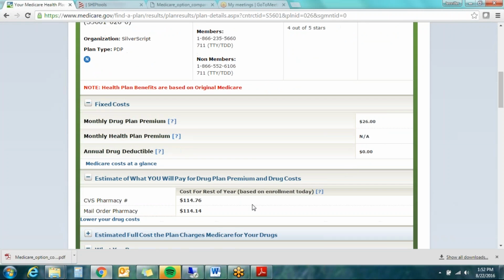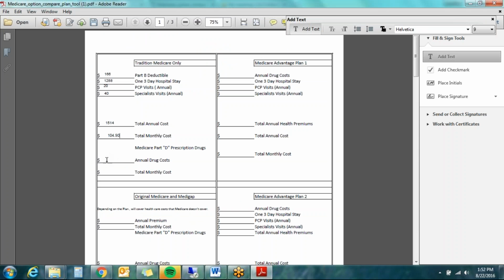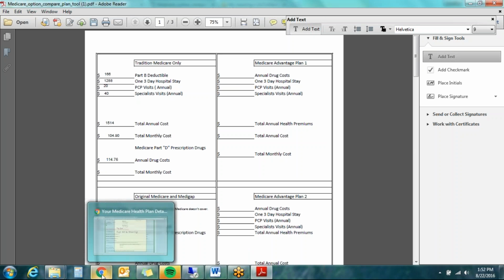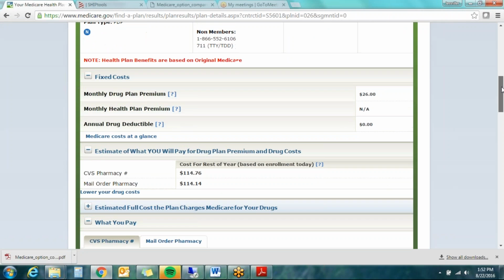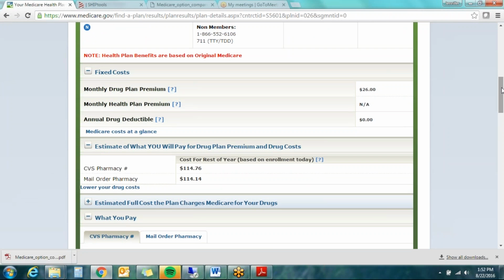Those annual drug costs, based on enrollment today, are $114.76. So we'll enter that in here. And then the total monthly cost. And so, again, let's go back here. The total monthly cost, I'm gonna